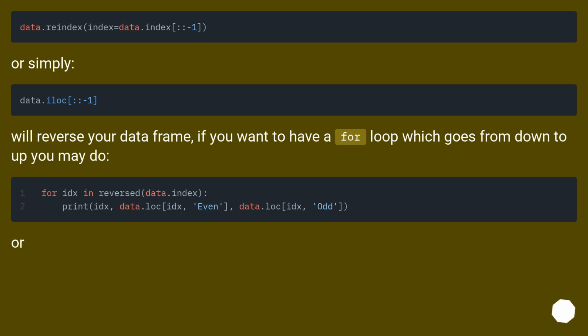Or simply, we'll reverse your data frame. If you want to have a for loop which goes from down to up, you may do. Or